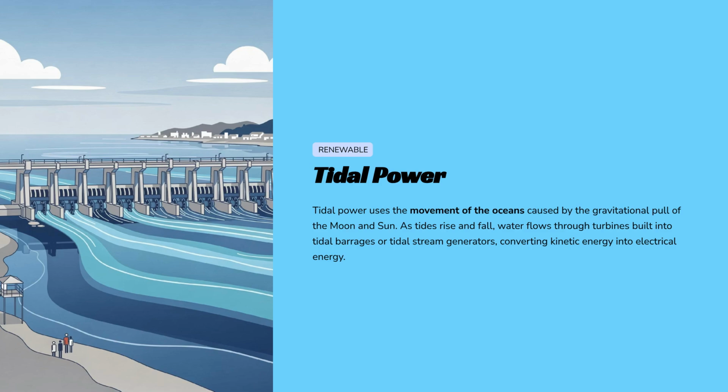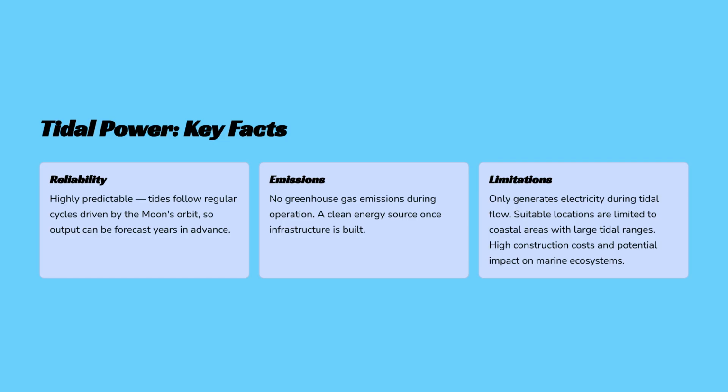Tidal power captures the kinetic energy created by the movement of ocean tides. As the moon and sun pull on our oceans, this consistent, rhythmic flow drives turbines to generate electricity. Tidal power is incredibly predictable because tidal cycles are known years in advance. It produces zero operational emissions, though it is limited to specific coastal areas and faces challenges like high construction costs